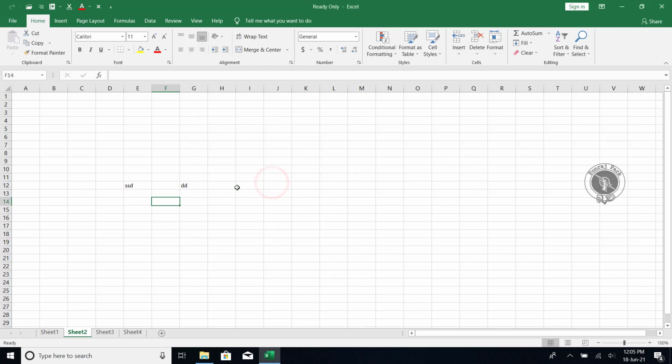Okay, so now if I want to delete this sheet, rename, move or copy, I cannot do anything because this whole thing is now disabled. So what is the main use of disabling these things?